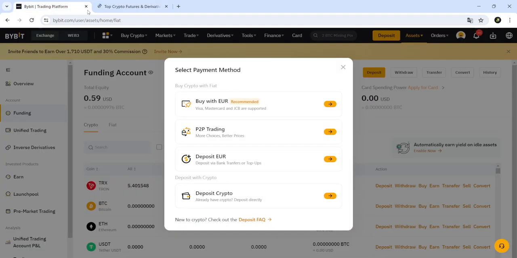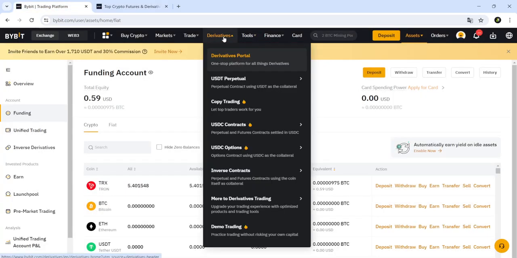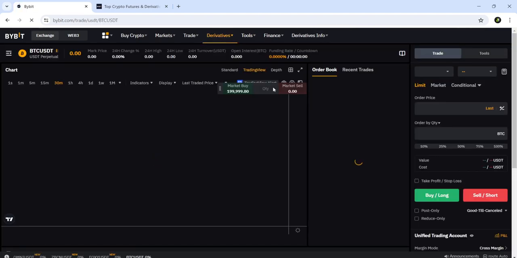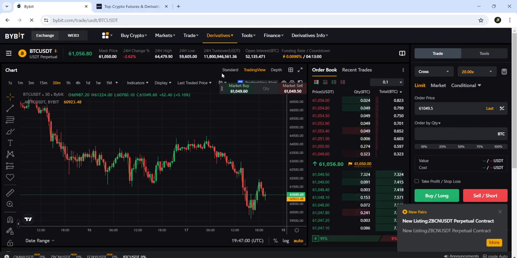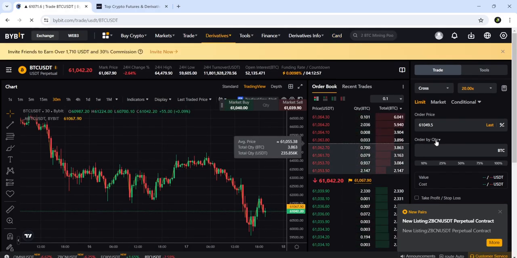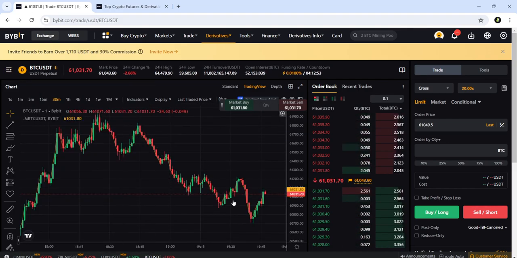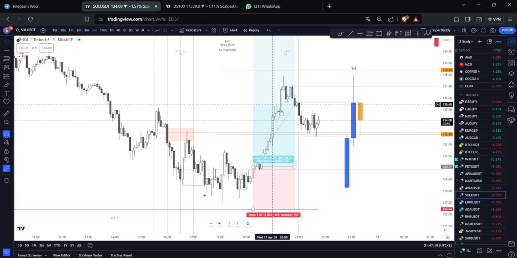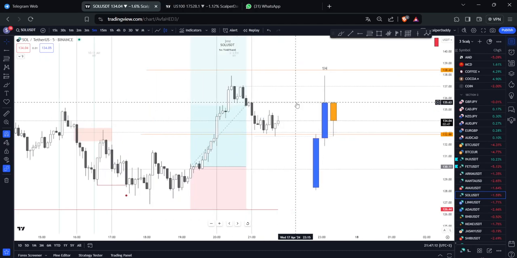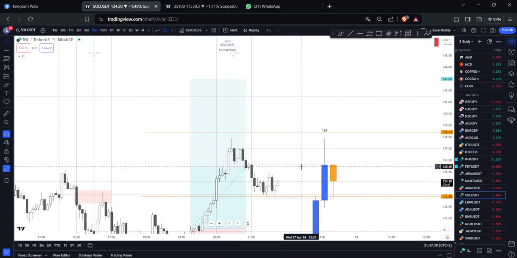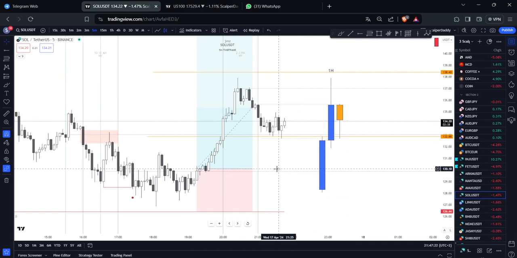and so come here, Derivatives and USDT Perpetual. And now you come here. So when we share the signal, like this trade on Solana, we have entry, stop loss, and more take profit. So if entry is 130,